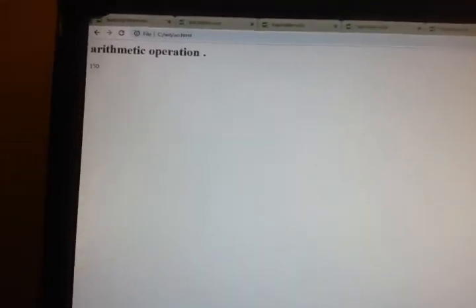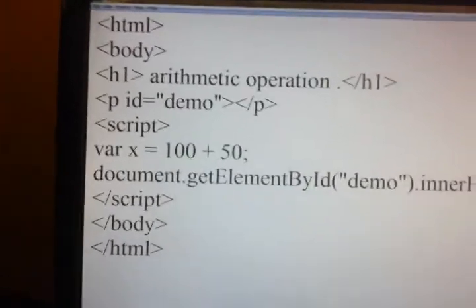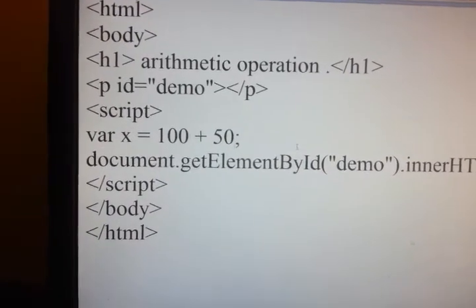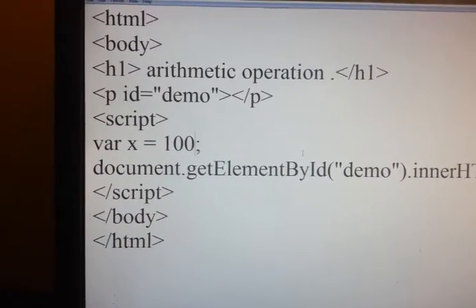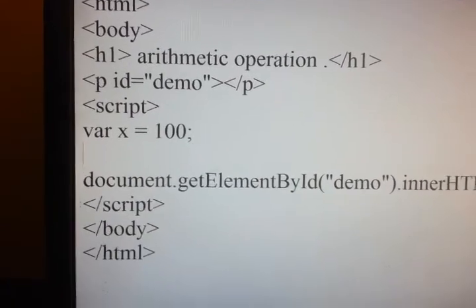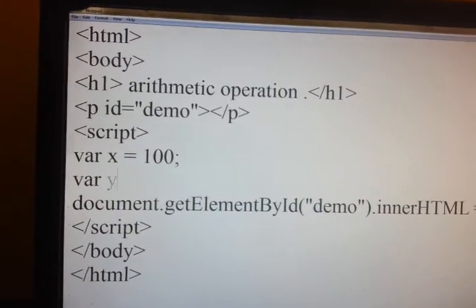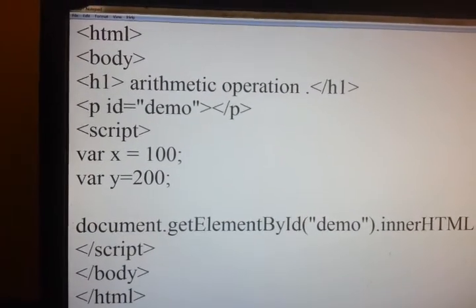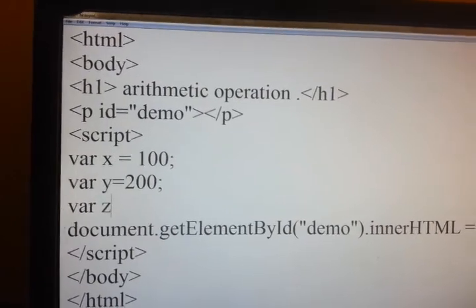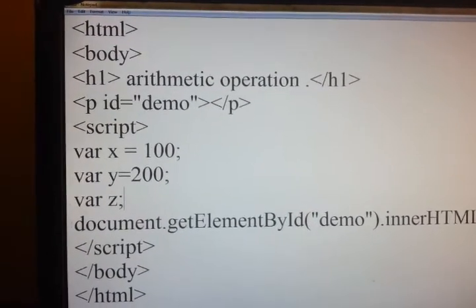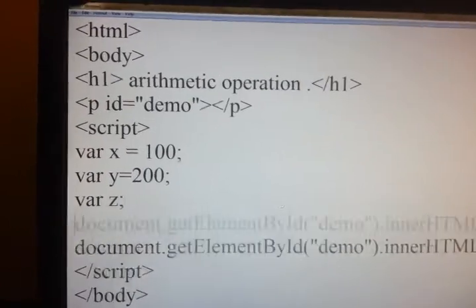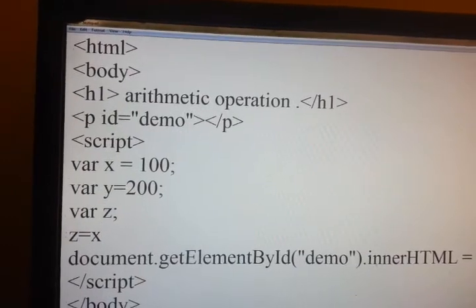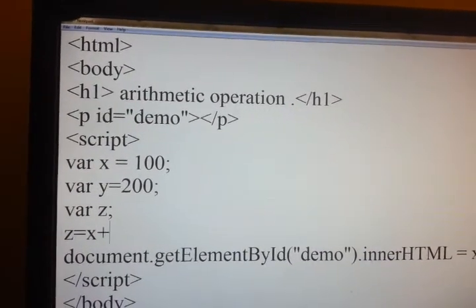Now we'll perform all the operations. Instead of writing this, we'll use all the things here now. Variable x we'll write as 100, then variable y is equal to 200, and to store the result we'll use another variable z. Then we have to write the formula, z is equal to x plus y.